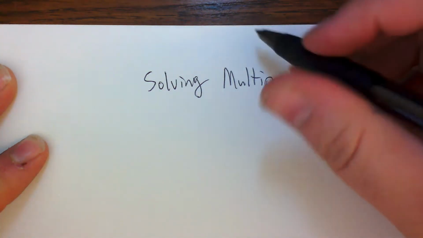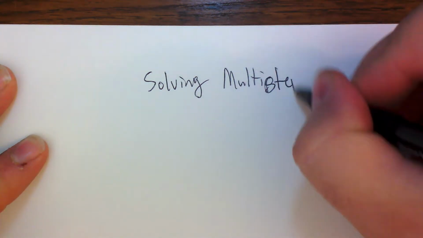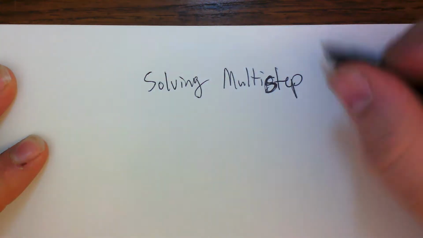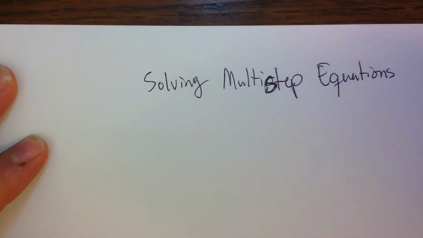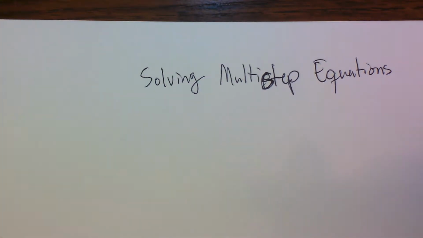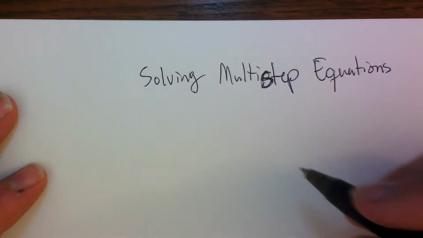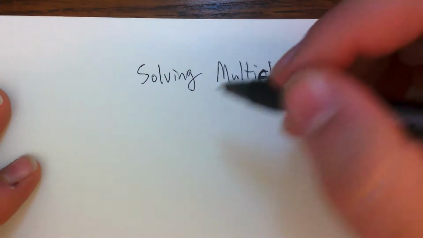Today we're going to take a look at solving some multi-step equations, and we're going to build off of what we talked about in solving single-step equations. So a lot of the same principles follow. We use SADMEP, inverse operations, reading the equations, and algebra's golden rule, which is what you do to one side of the equation you do to the other. And we're just going to jump right into